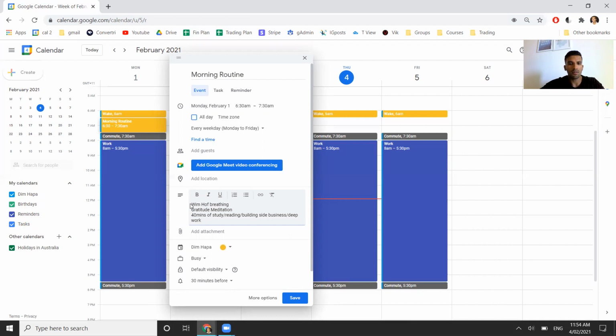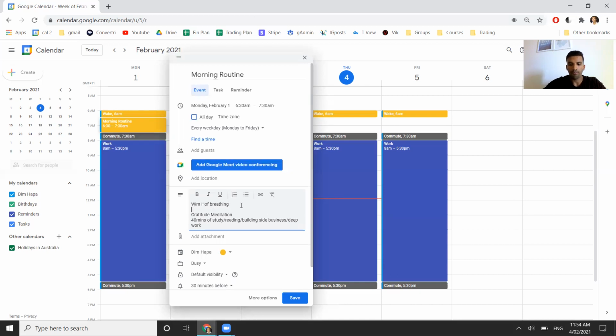So potentially you'll do the run, let's say a 10-minute run or 10 minutes cardio. And then maybe you won't even have 30 minutes left because Wim Hof is like 11 minutes, gratitude meditation, say that's like 5 minutes, whatever. I'm just making up these numbers, right? But like 20 or almost 30 minutes there and then 30 minutes there. So give or take. And then you might have to extend this to 1 hour and 15 minutes or whatever.